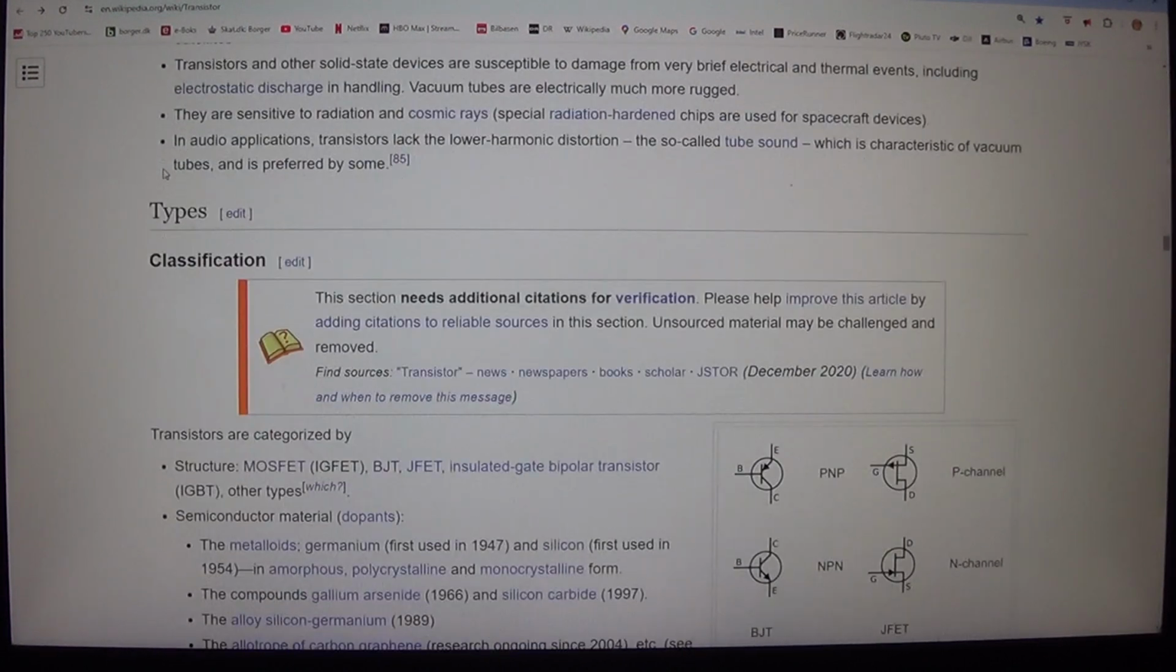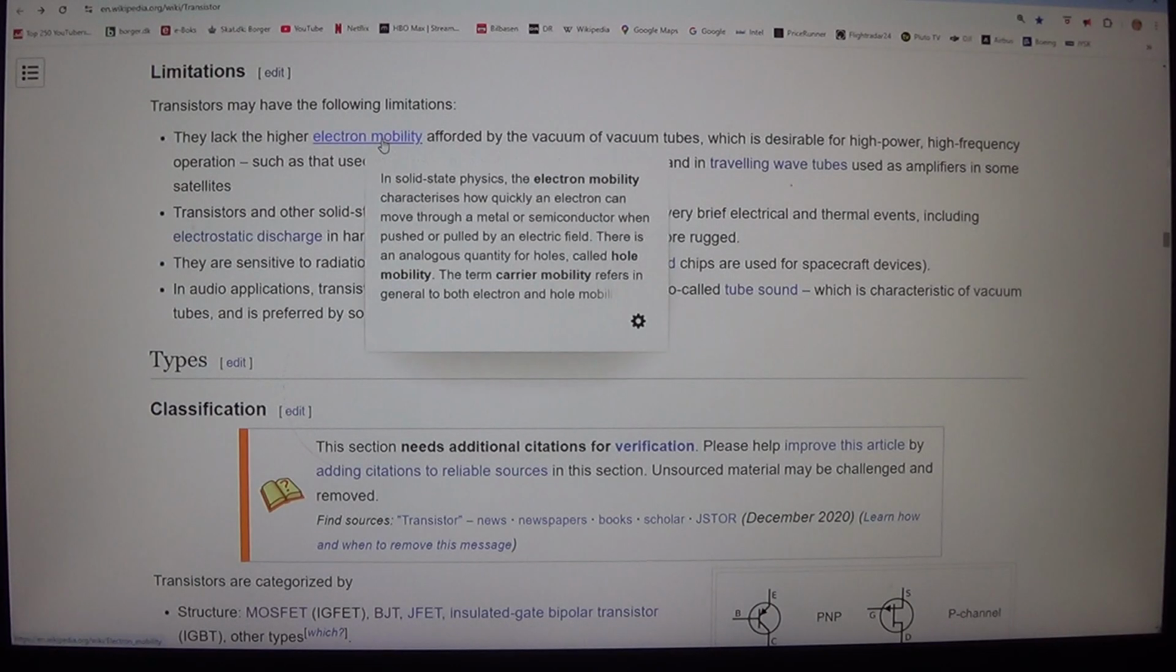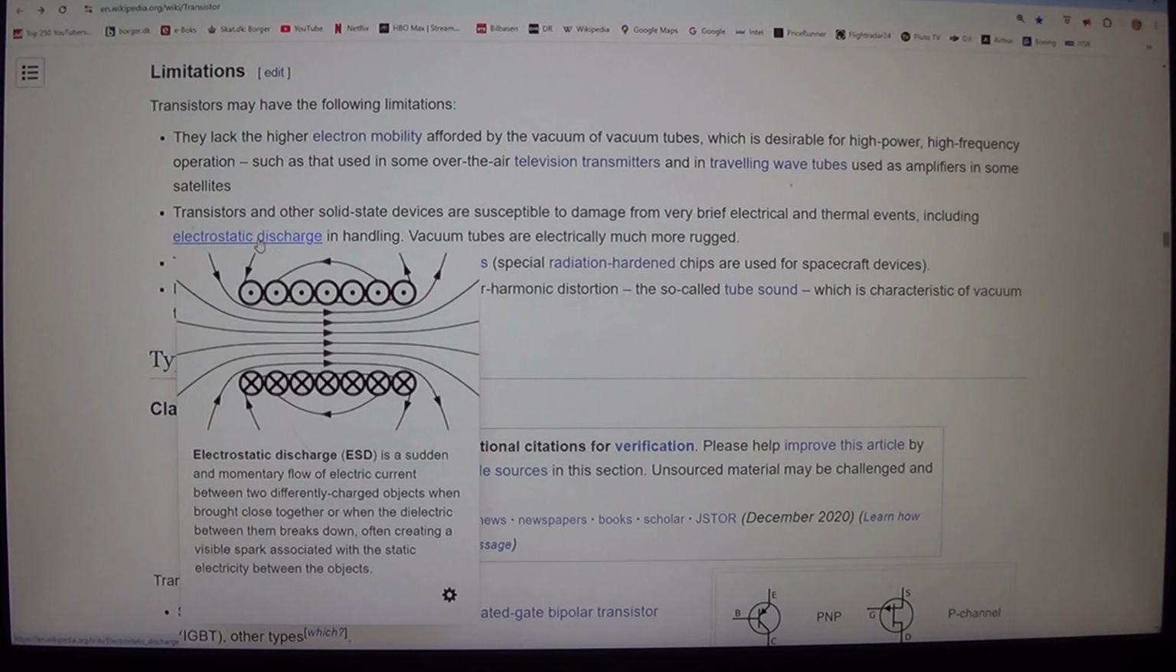Limitations. Transistors may have the following limitations. 1. They lack the higher electron mobility afforded by the vacuum of vacuum tubes, which is desirable for high power, high-frequency operations such as that used in some over-the-air television transmitters and in traveling wave tubes used as amplifiers in some satellites. 2. Transistors and other solid-state devices are susceptible to damage from very brief electrical and thermal events,